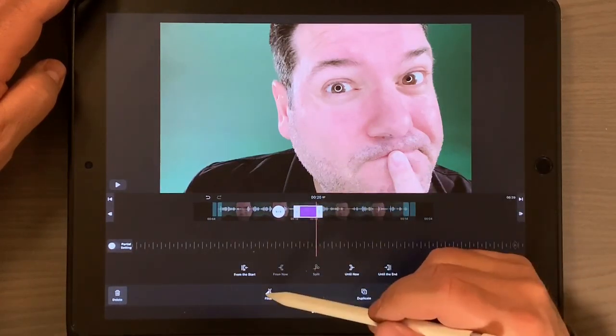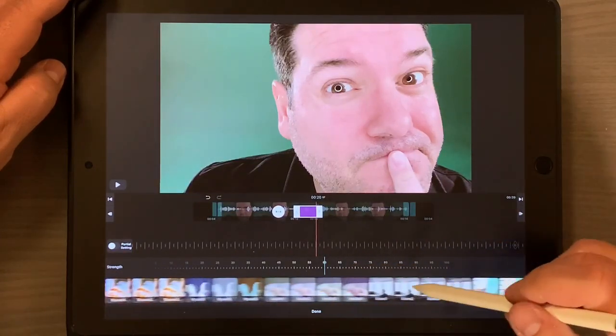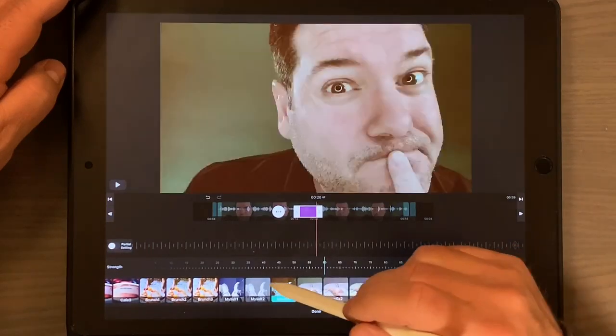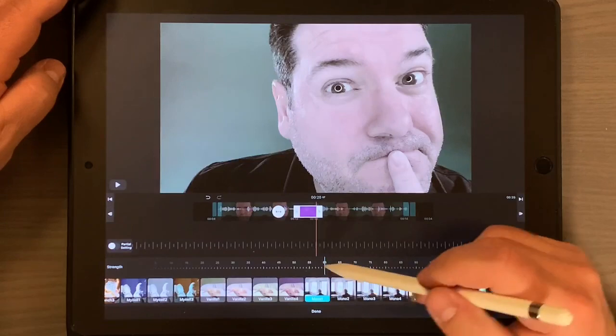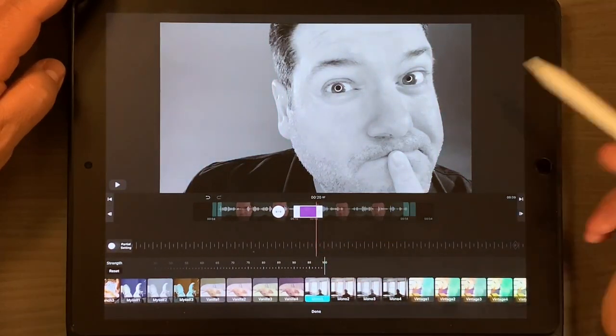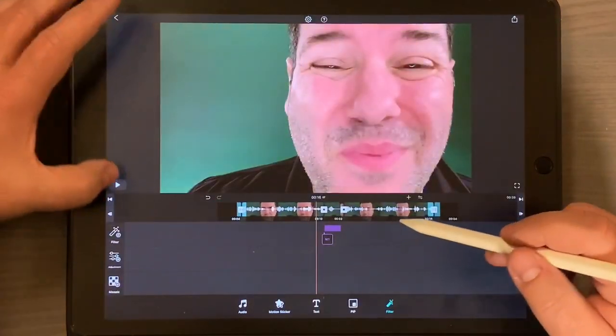I'm going to hit filter, and we're going to go down here, and these are all the color filters you can use to change the color of your footage. I'm going to make it black and white, so I'm going to do that. But you can see it's at 60%, so I'm going to turn it all the way up to 100%, and that's going to make it black and white. I'm going to hit done, done. And so now